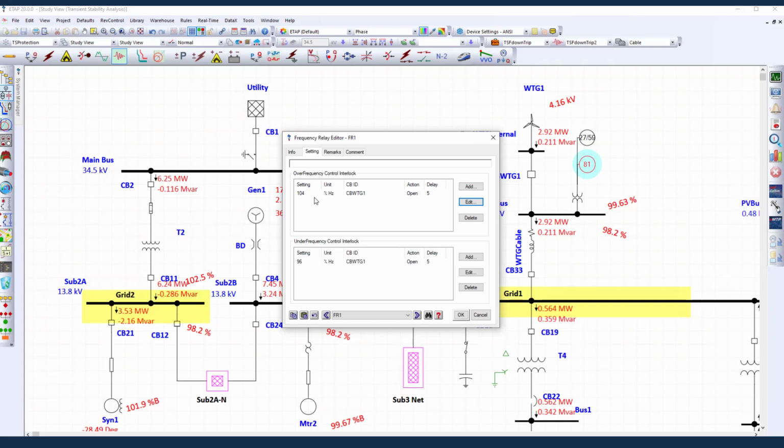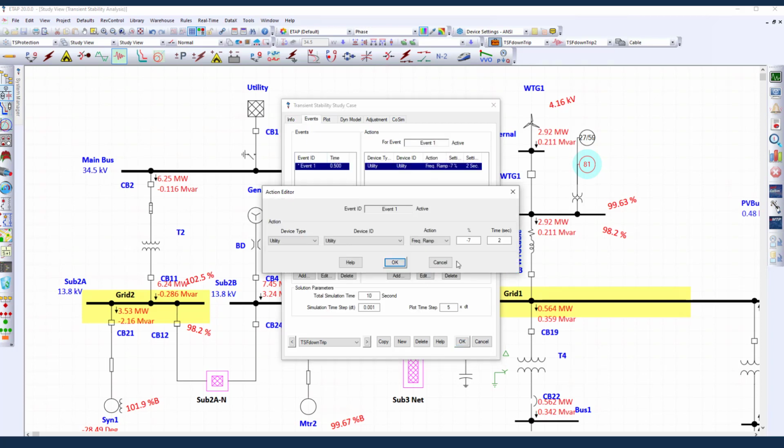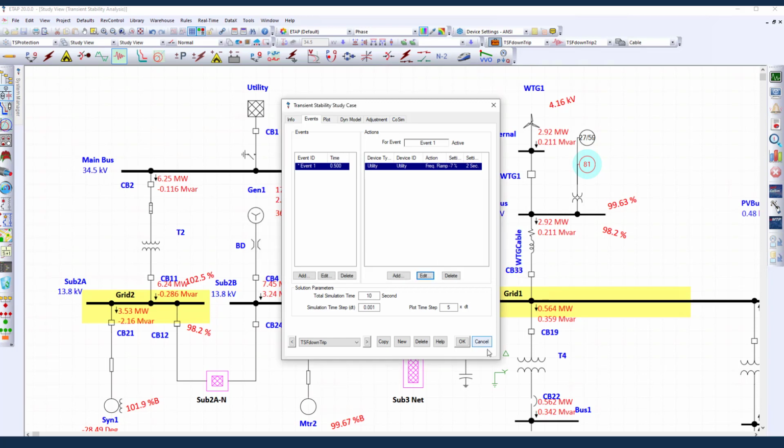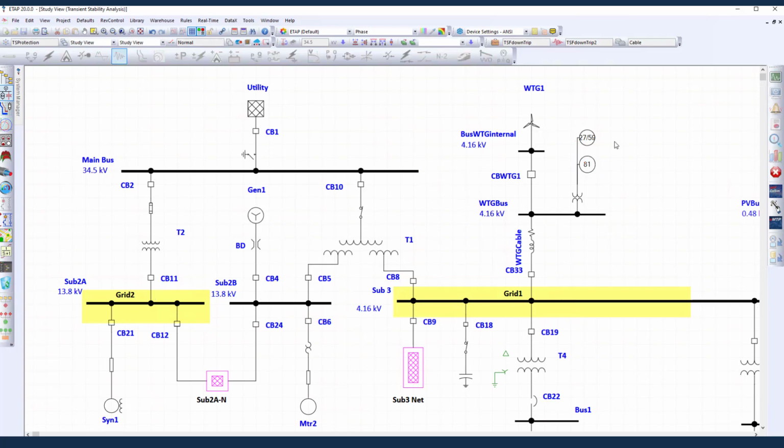What's going to happen is that if the frequency goes above 104%, we're going to trip the CB here. So my event here, again for utility, is a 7% frequency drop. I'm ramping down the frequency by 7% within 2 seconds. Okay, so if I run this case and plot the frequency at a bus,